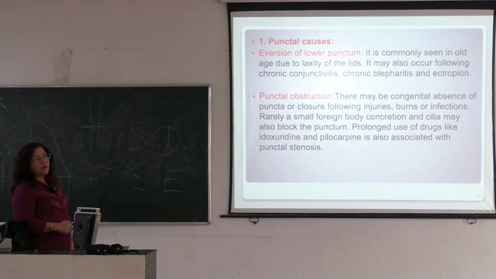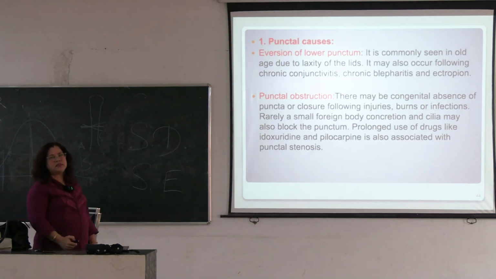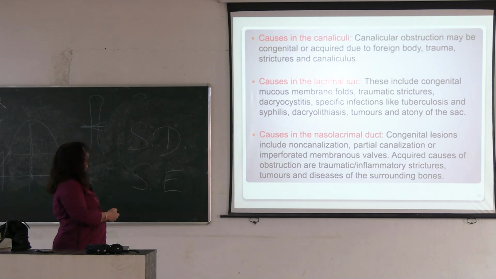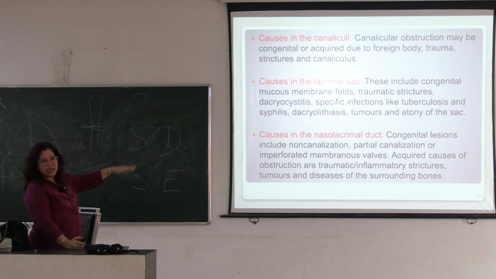This may be eversion of the puncta. An eversion of the puncta occurred due to chronic conjunctivitis, chronic blepharitis and ectropion. And punctal obstruction. Punctal obstructions may occur due to injury, burns or infections. And rarely some foreign bodies are impacted at the level of the puncta and cause obstruction of the puncta and cause epiphora. So other causes of the canaliculi, when there is a blockage at the level of canaliculi,